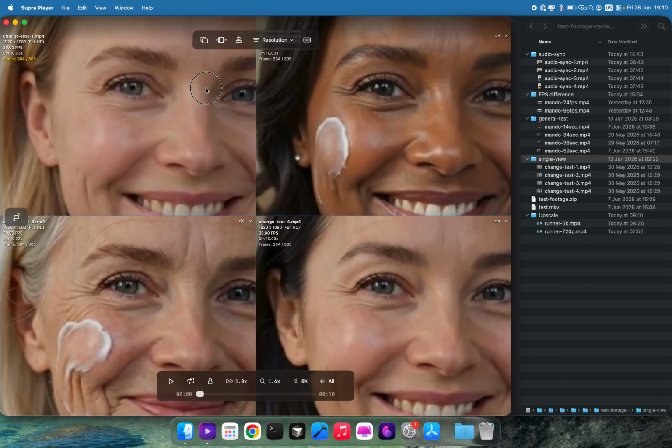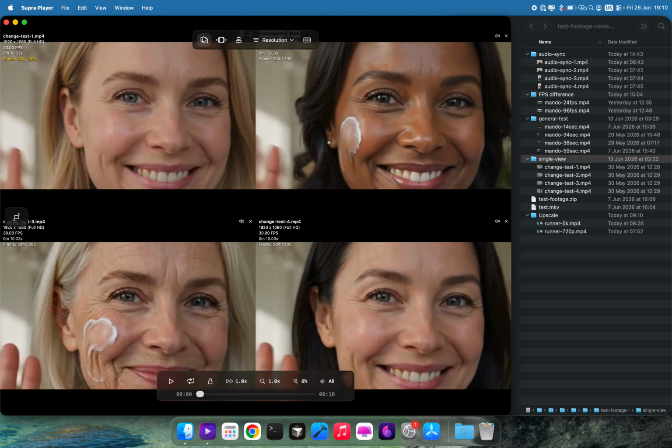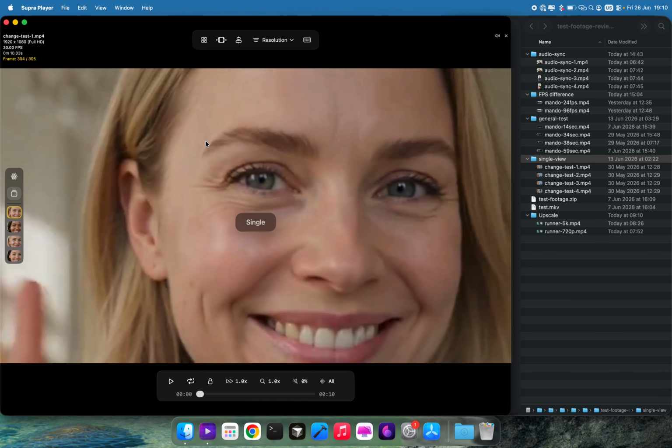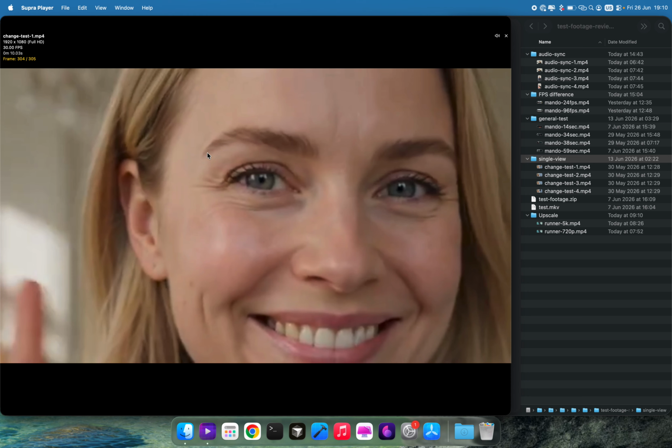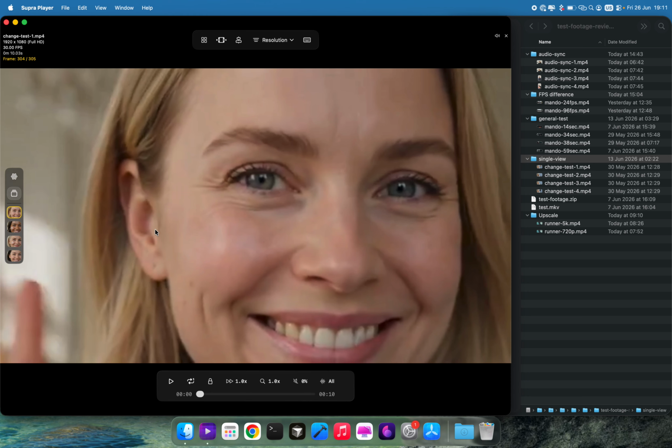I'm going to drop this in here. So I'm going to move over here to the top control bar. This is where we can switch the layout, or you can just hit tab, and it's going to take you to the next layout. And you can cycle through all the layouts. And there's 3 layouts. We'll get to all of them. So in single view, you have